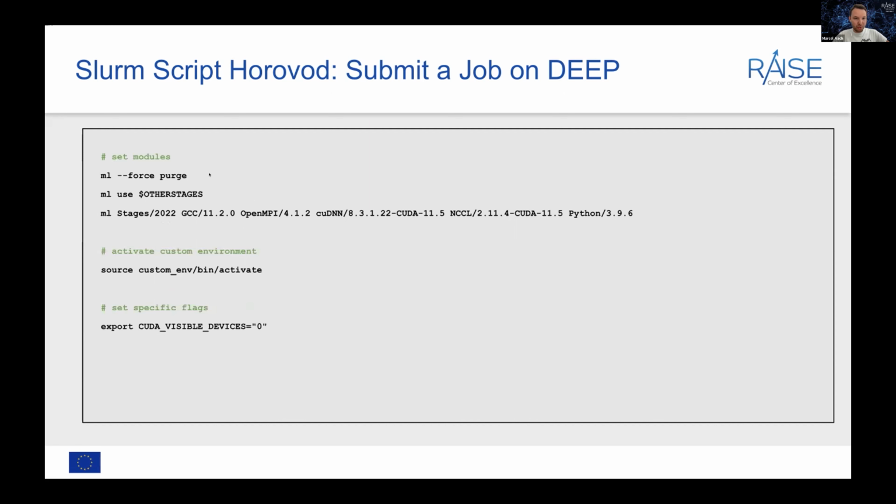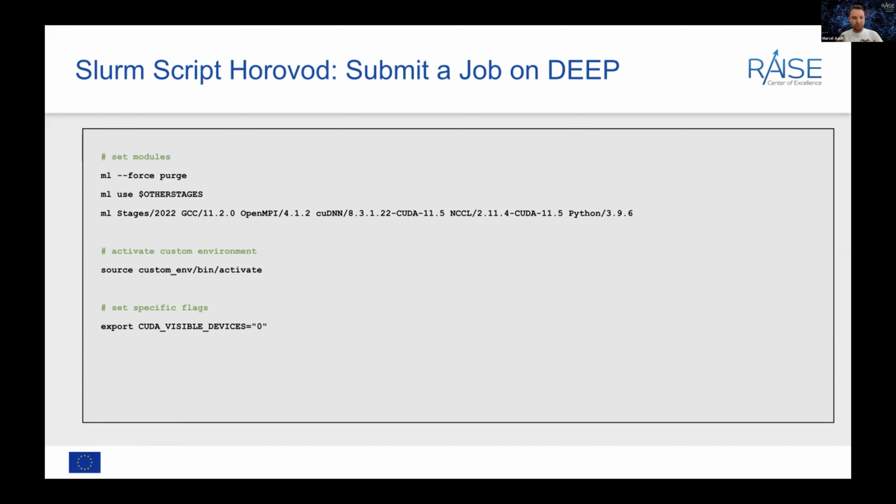In terms of modules, we see that this looks similar to the modules I load on the Eureka machine. Again, OpenMPI, the NCCL backend, Python, of course, but currently, at least the newest PyTorch version is not available on Deep.